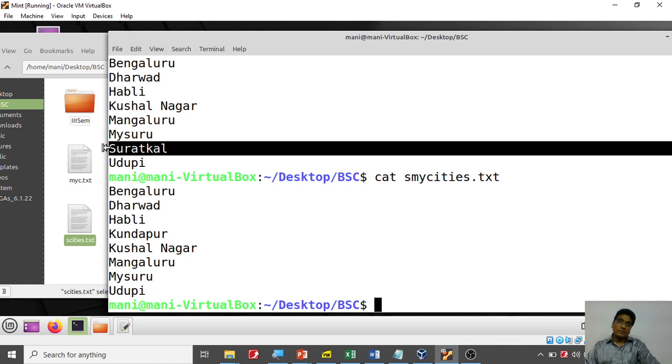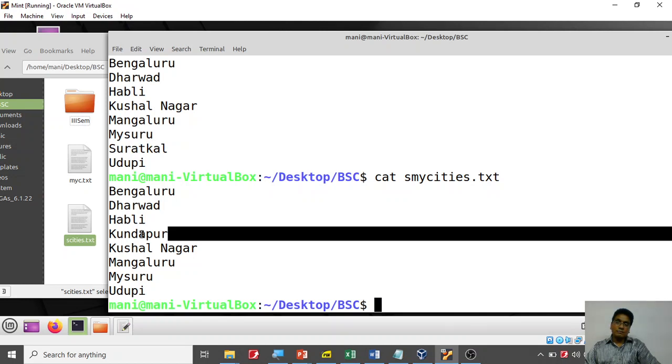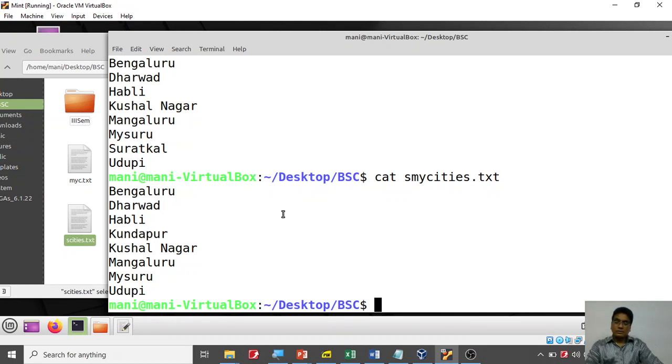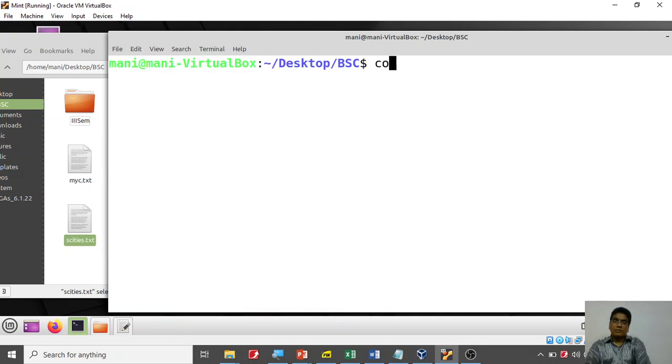There are two places where the things are differing. In one of the files Surathkal is extra, the rest remaining are the same. In the other file you have Kundapur, which is extra. Let's do the comparison now. So I'm going to clear the clutter now. So let's go here, and I'm going to say find the common difference between yes cities and my